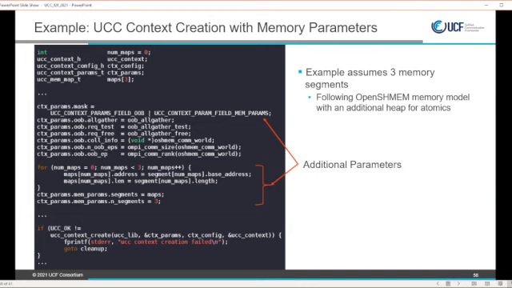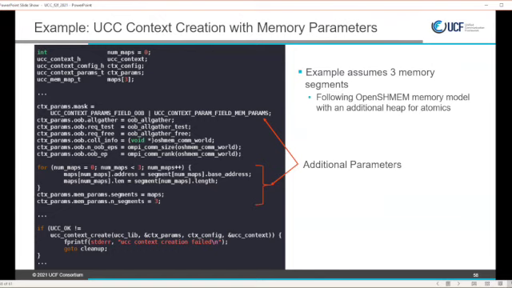We can just assign that to our UCC mem map and then set up our mem params segments and n_segments to point to those maps and the number of maps that are there, and call UCC context create just like we normally would. So there's not much additional work there.